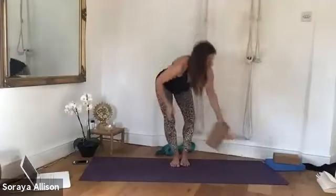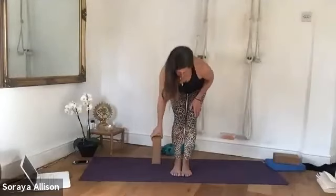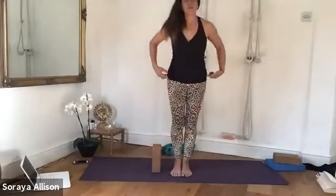Okay, and then from here, we're going to see if we can come into a twist. So you're going to grab your brick, okay, and big toes touch. You're going to sink down as if you were doing Utkatasana, chair pose. Then you're going to lift the arms up. So I want you to sit in your sit bones. And the tailbones drawing down towards the ground. Okay. And then you're going to bring the palms of the hands together